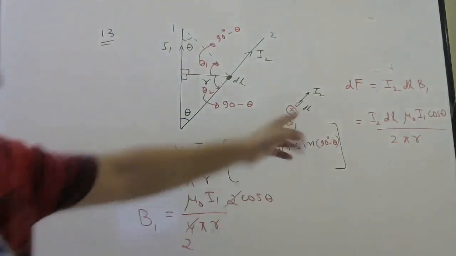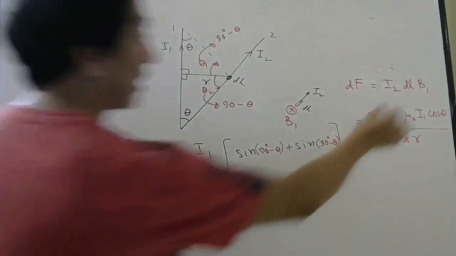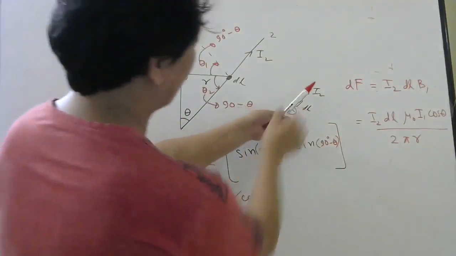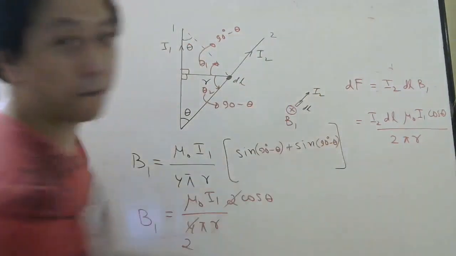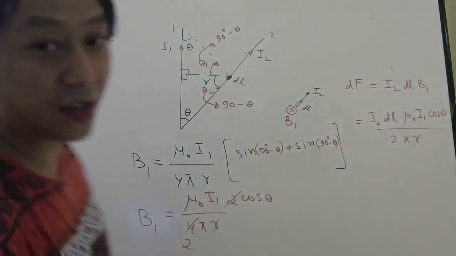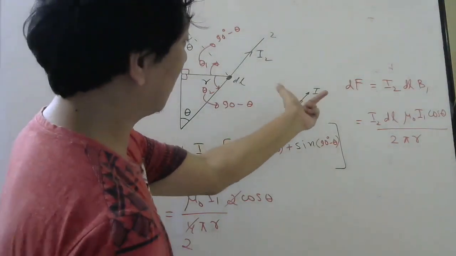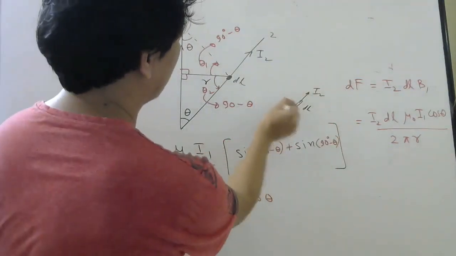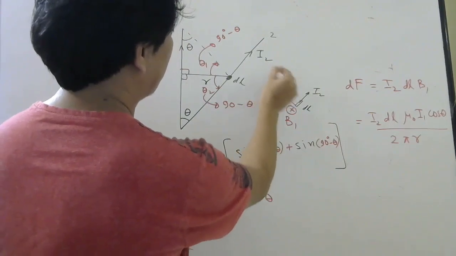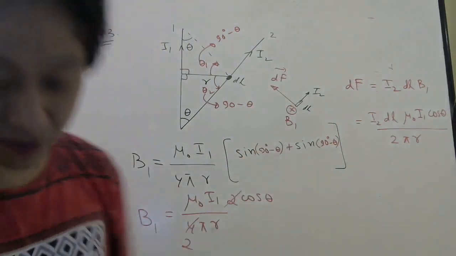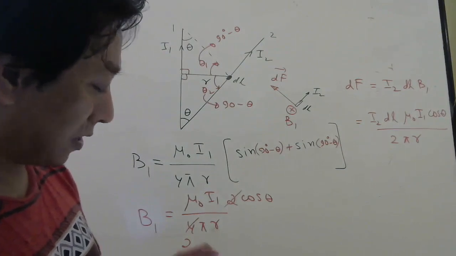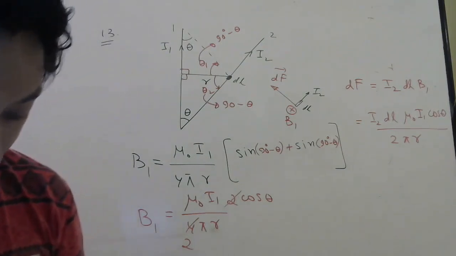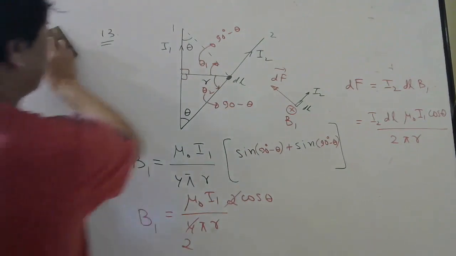Then you can rearrange and write dl at the last. I did not write sine theta here. Why? Because dl is along the current, and the magnetic field is inside the board, so it's 90 degrees, no? Understood or not? And where will be the force if they ask? Magnetic field is inside the board, current is at some angle, so force will be this way. So if they ask direction also, we can find. Okay, students? So which is the option? Mu naught by 2 pi r I1 I2 dl cos theta. Option C.